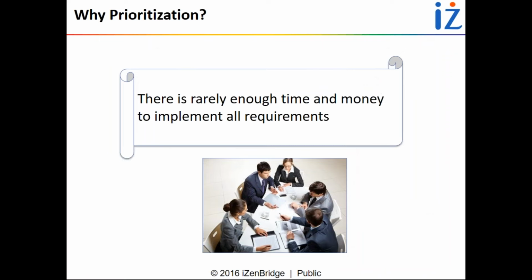Why do we do prioritization? When you have an approved project, if one level of requirement prioritization has already been done at the business level, then why not develop a project plan and implement all these requirements, because after all you are expected to deliver all those requirements which have been approved? But there is rarely enough time and money to implement all the requirements. Also, when you receive a project,